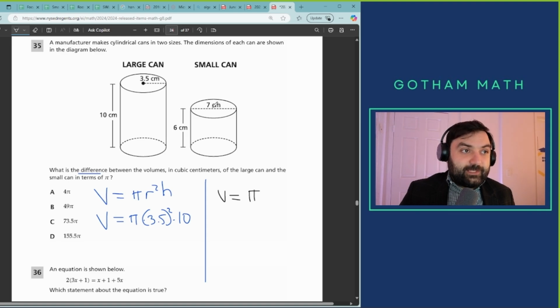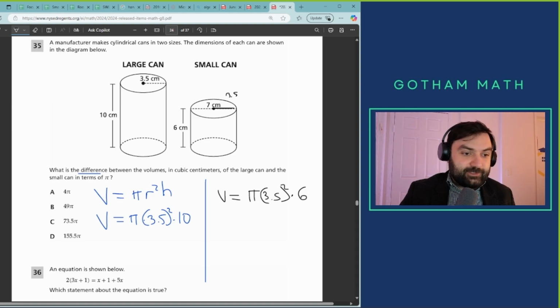Because 7 is a diameter here. You see? It goes through. It's a diameter. It's not a radius. So, what is the radius? The radius is half of the diameter. So, what is half of 7? 3.5. So, we're going to use 3.5 as our radius squared times,